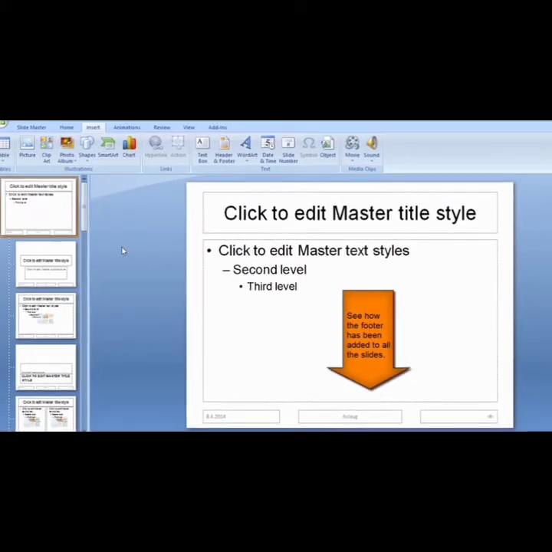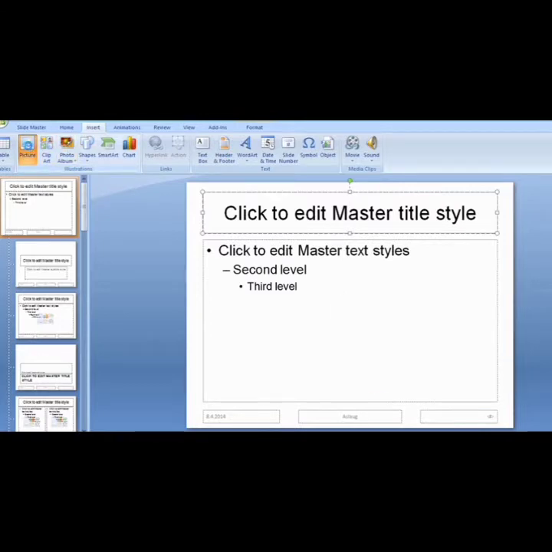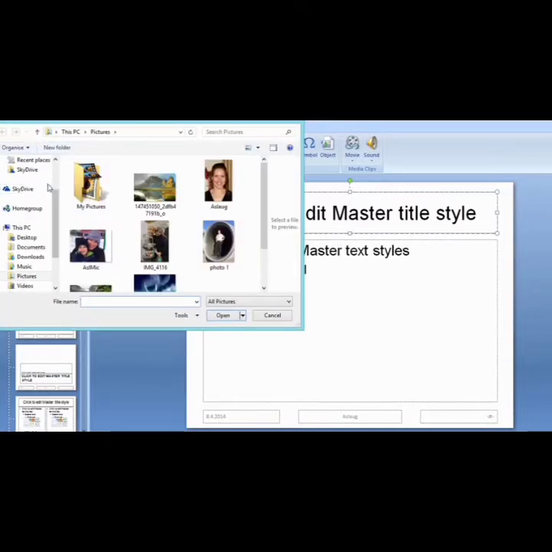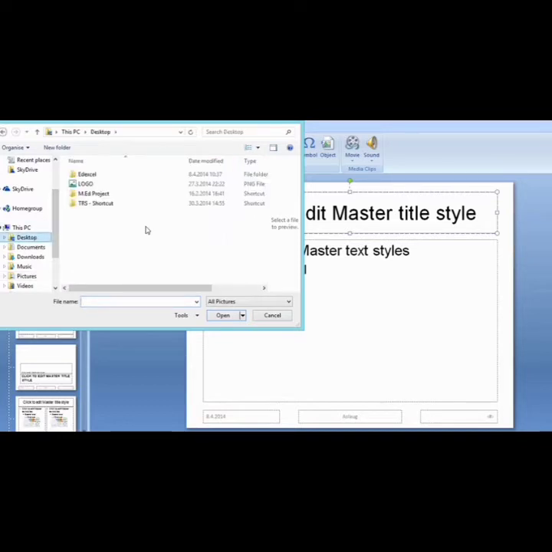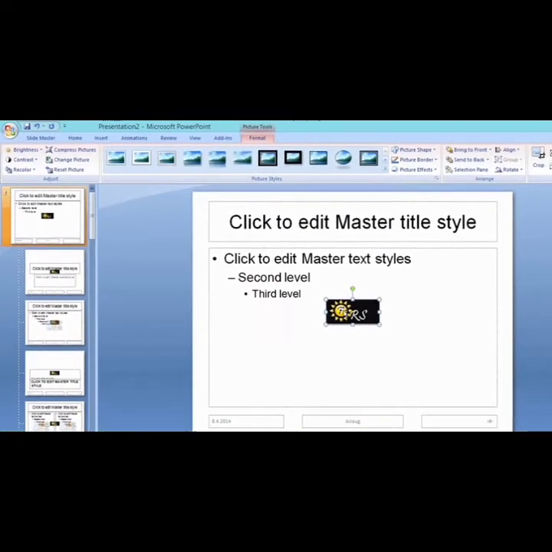I have a logo already that I want to appear on every slide. So I'm going to click here in the header. I'm going to insert a picture, and this picture is on my desktop and is named logo. So I'm going to double click on the logo. I'm going to click and drag it here to the corner of the slide, increase the size a little bit,